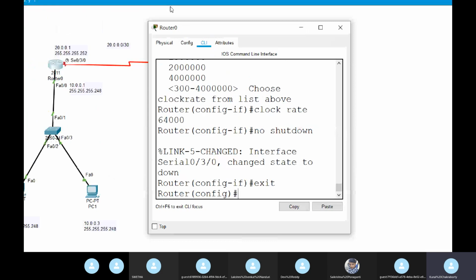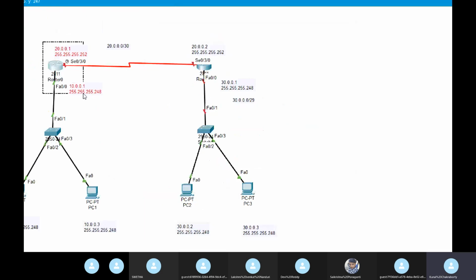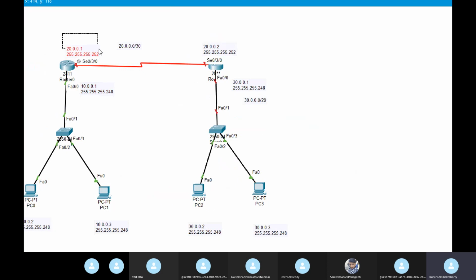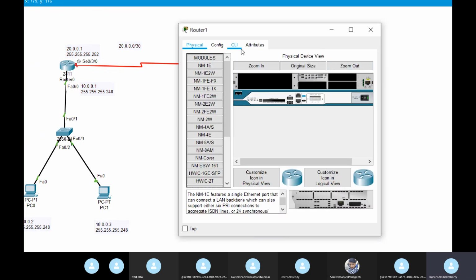From this router, my implementation is done. IP addresses are already given to FA0/0 and also the serial interface. Next, whatever I have done here, the same thing I need to do for the other router. So let's do it.